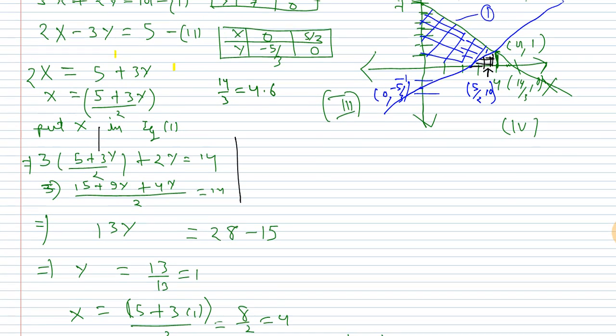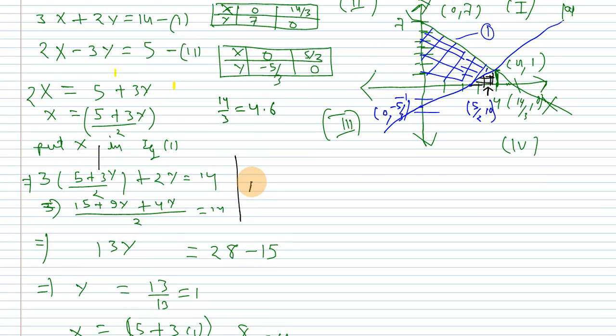So we have to use integration, and we have to find the required area. Okay, so we have to integrate from 0 to 4. The area will be coming under the curve from 0 to 4 in equation 1. So we have to write the x variable over here, so we have to find the value of y from x. So from here the y value will be (14 minus 3x) divided by 2, right?